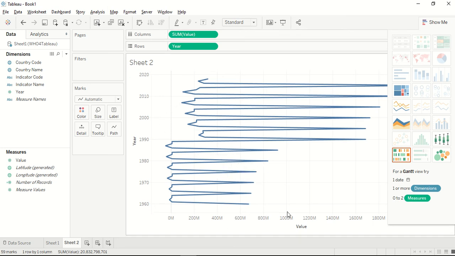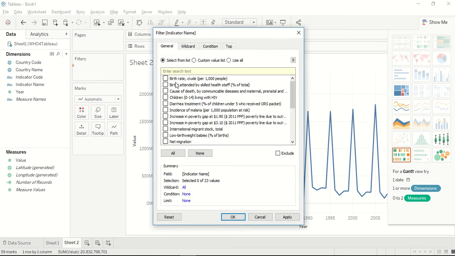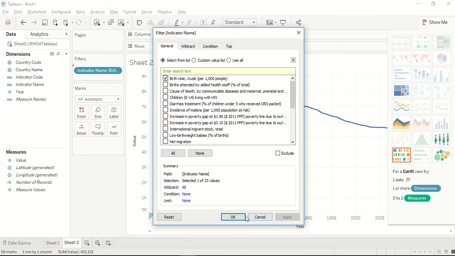We would rather have year down here. It's not necessary, it's just common. So we're going to go to year in columns and then the value in rows, and we see this up and down and up and down and up and down. And the reason we see that is that we haven't yet filtered by a specific variable. So what we want to do is drag the indicator name over into filters, and let's look at crude birth rate, and we'll apply that and OK,